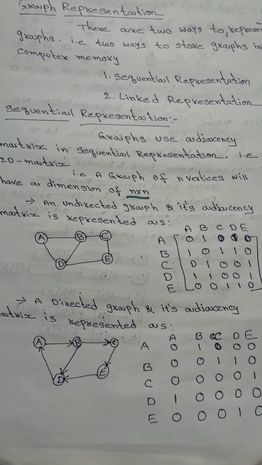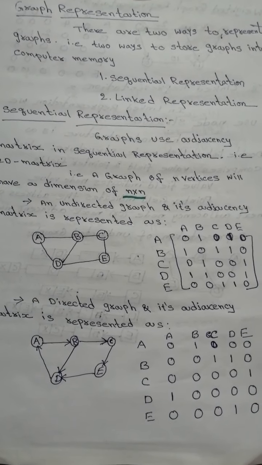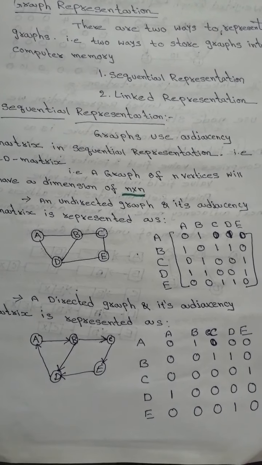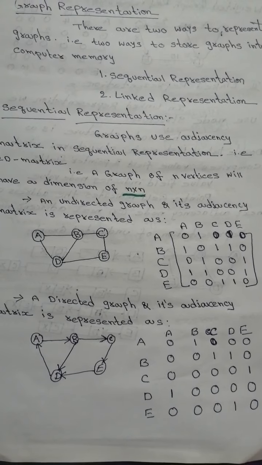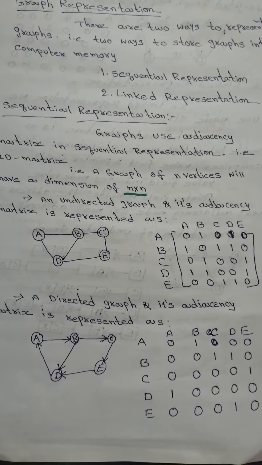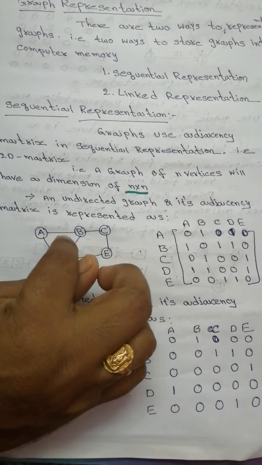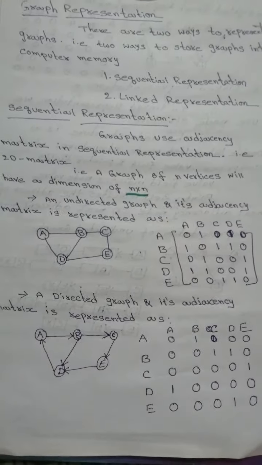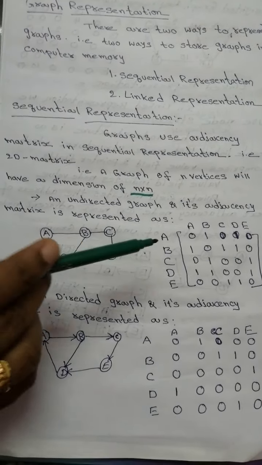So starting from A, what is the next point in that location? Starting from A and the next point that is connected, those are the two vertices and the connection is the edge. Like that we are identifying. So this is what we are doing here. Wherever we have an edge between vertices, those are noted as 1. Wherever we do not have edges between the vertices, those are noted as 0.